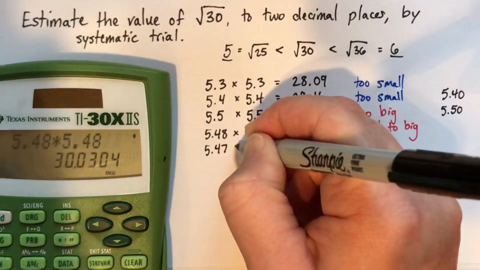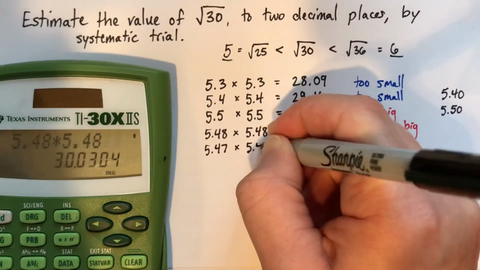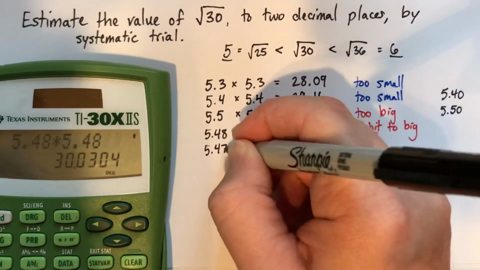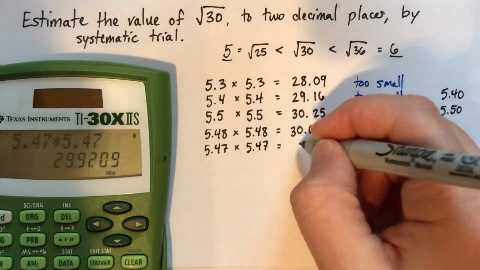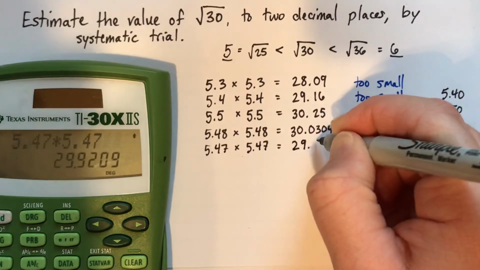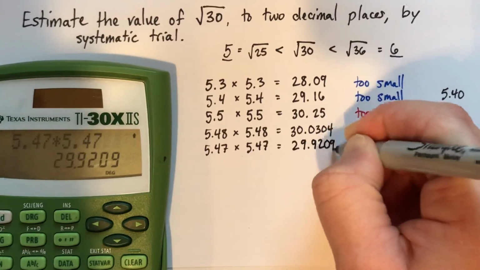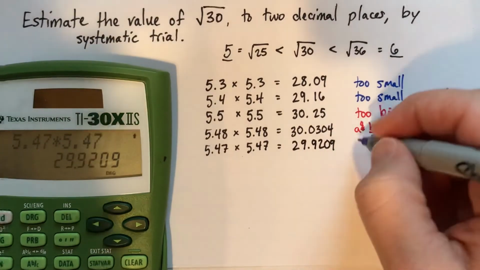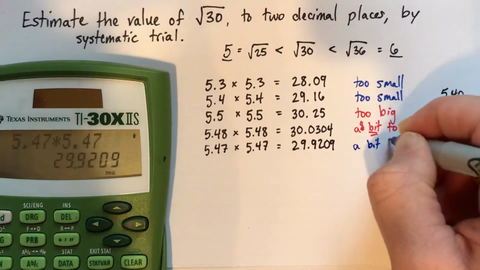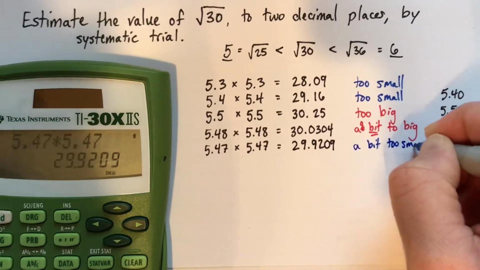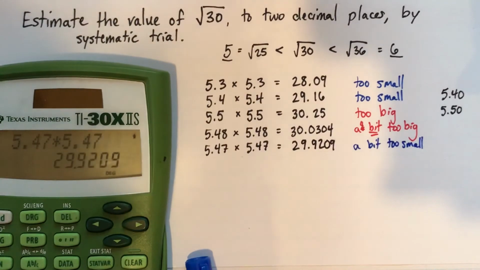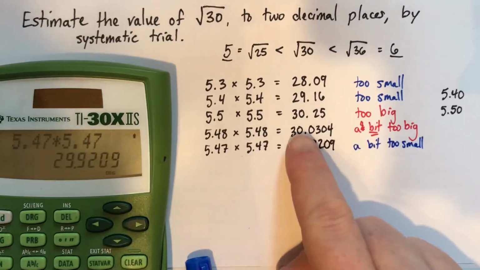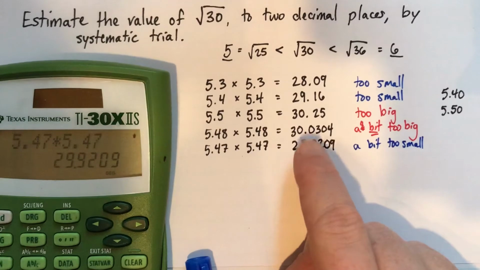Maybe I'll try 5 47/100. That's also really close. So this is a bit too small. Oops, fix the spelling mistake up here. Okay. For some people it might be obvious which of these numbers is closest, but actually a lot of my